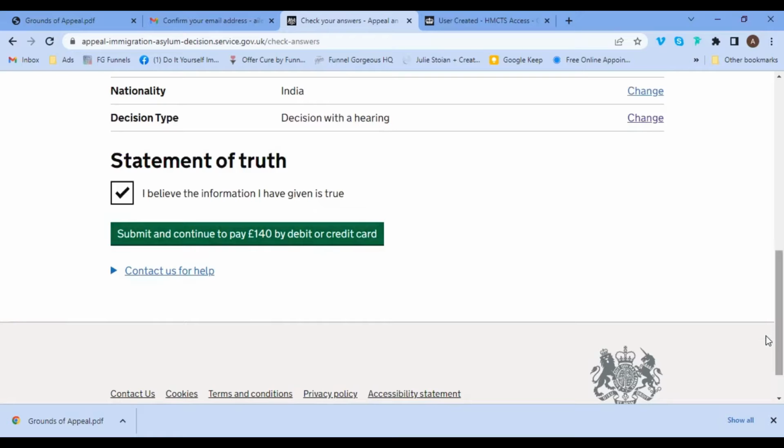Now I'm not going to click this one because I am not submitting an appeal. I am just merely showing you what the questions are inside the notice of appeal online, which is a new process for submitting appeals. It used to be that you could submit a paper form with your credit card details, or you fax the paper form to the tribunal. But I think this one is a really good streamlined process,